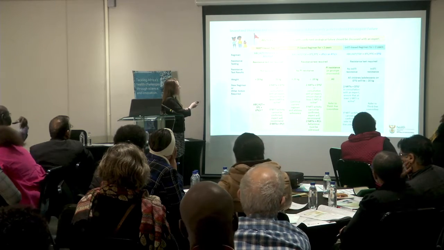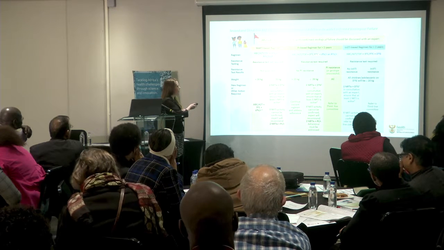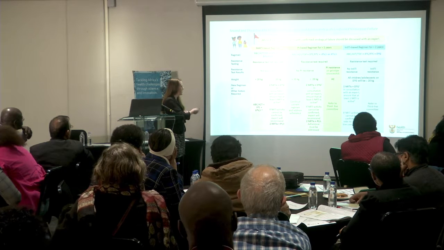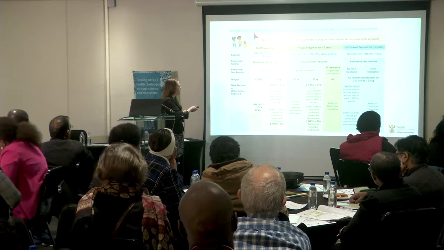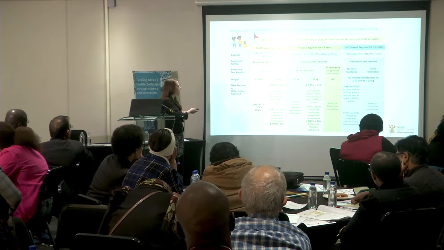Then if the child is on a PI-based regimen for more than 2 years and is failing, we will do a resistance test as per the old guidelines. If there's no PI resistance, continue the regimen if they're under 20. If they're over 20 kgs,